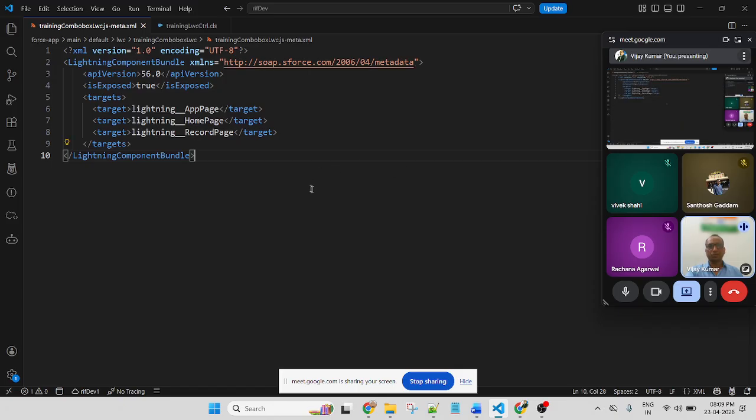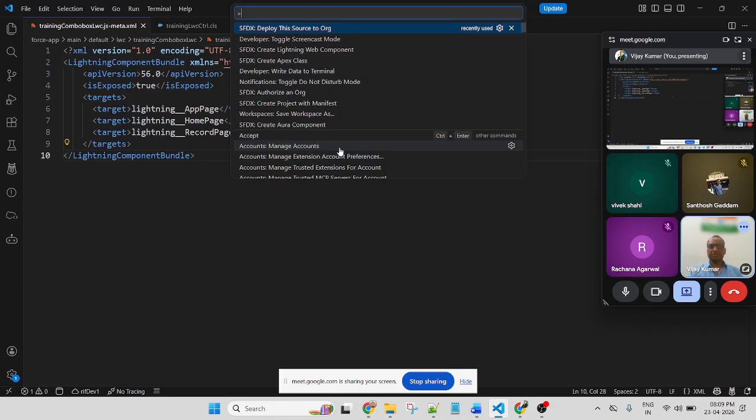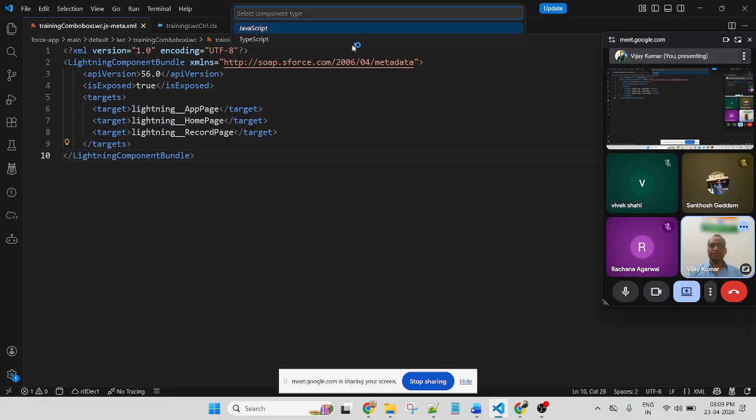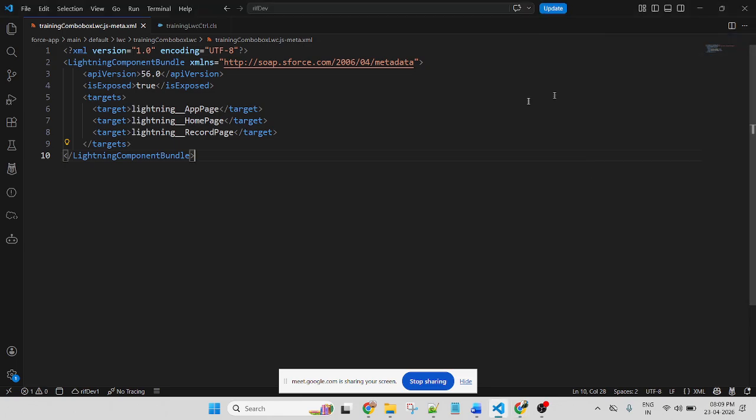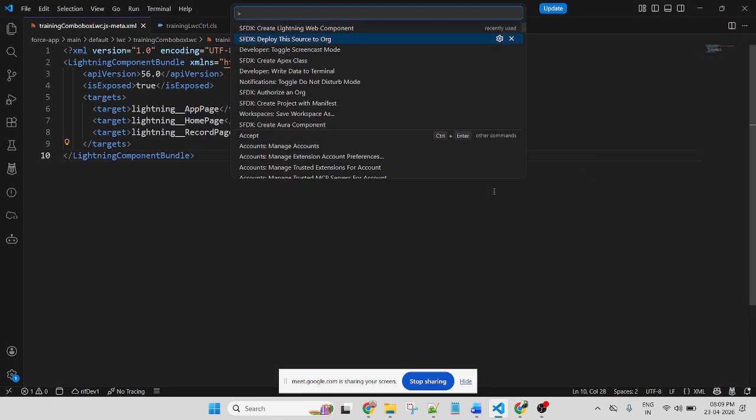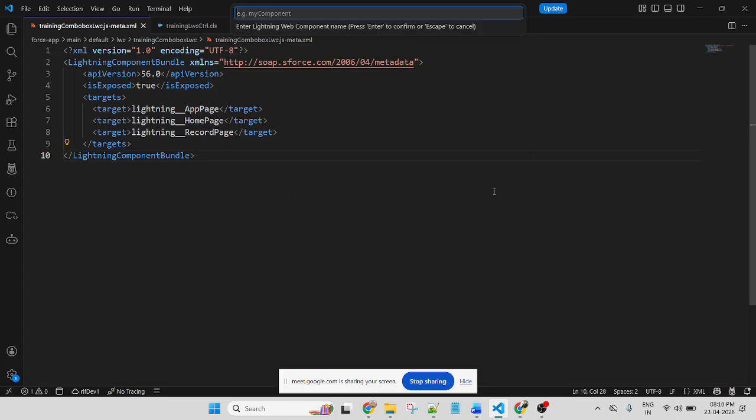Today I will create a new component. Press Control Shift P, create Lightning component, JavaScript, and write the name of the file.